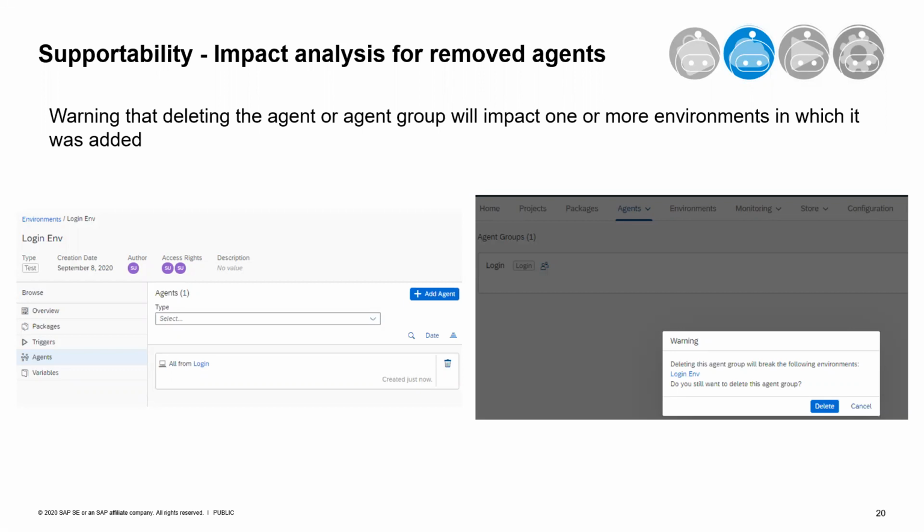And if you accept to delete it, then it will be deleted out of all the environments where it was added. The second use case is if your agent is connected to the tenant and you add it directly in an environment. So this is the new improvement that I talked about earlier. Similarly, you open the agent tab and try to delete it, then you will see a list of environments that will be impacted. In this case, you will also have a warning in the information control of your environment, which will indicate that the agent has been disconnected and it was deleted out of the agents tab.